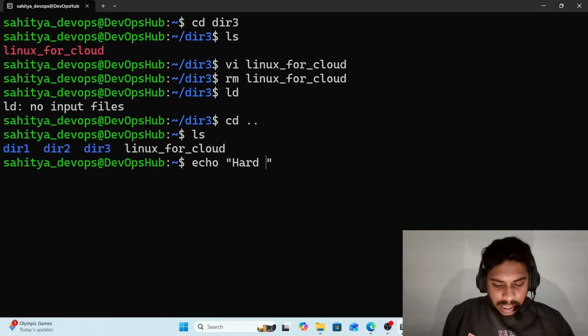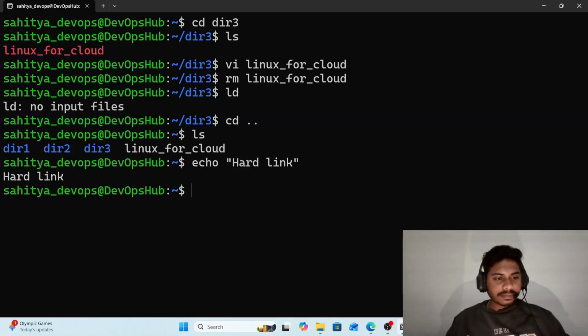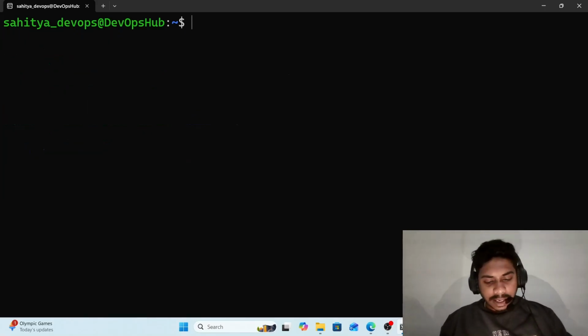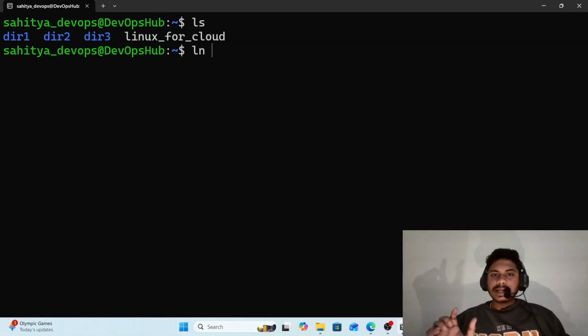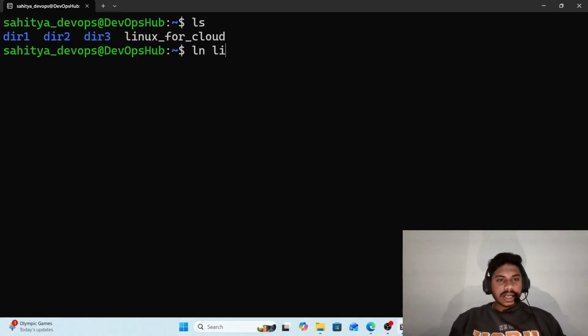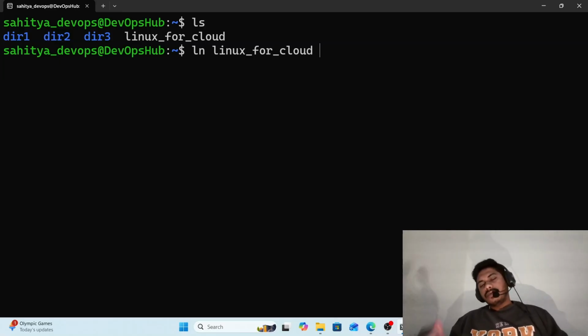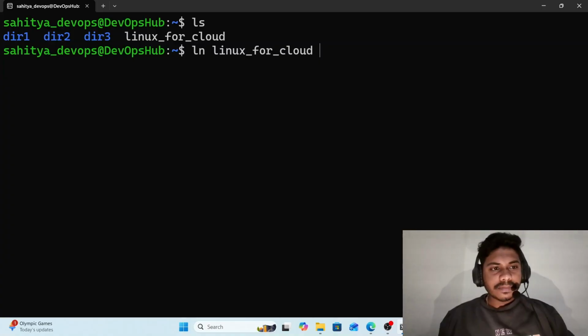It is known as a hard link. Now how to create a hard link, let me show you. The command is the same, ln is the command. ln means link. Now you have to specify the source. Source is Linux for cloud. And now we have to specify the name of the destination. What should it be? Okay, let me see what is inside